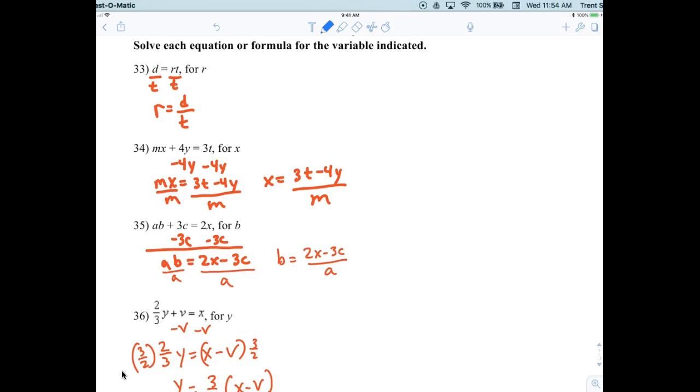Girls, this is a little bit harder now. Does anybody have a problem with number 33? Carly, you good or not? I'm good. All right, over here I'm solving for x. So that means I have to move the y, right? And if I move the y, it's plus over here, so on the other side it's going to be minus. And then, to undo multiplication,